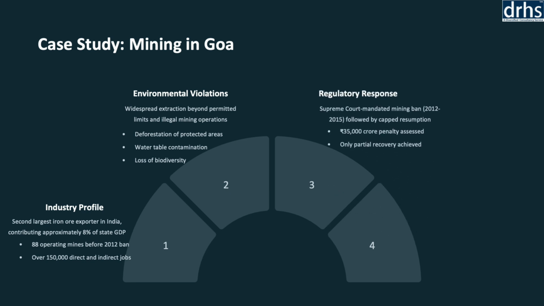The other is now related with the regulatory response. In response to the Shah Commission findings, the Supreme Court of India in 2012 suspended all mining operations in Goa pending further investigation. In 2014, the court allowed resumption under strict regulation limiting extraction and mandating fresh environmental clearance. However, in a landmark 2018 judgment, the Supreme Court quashed 88 renewed mining leases, citing non-compliance with the environmental